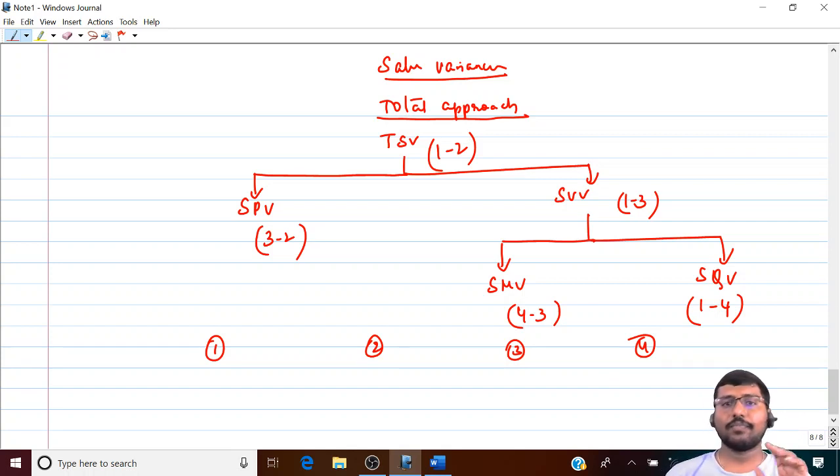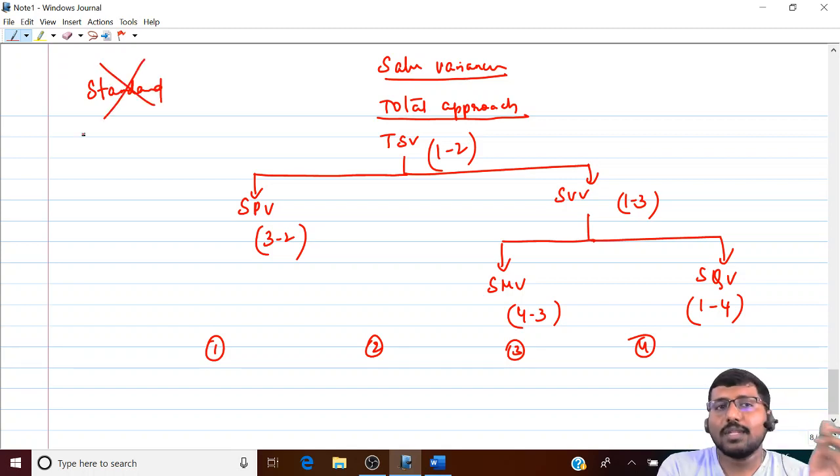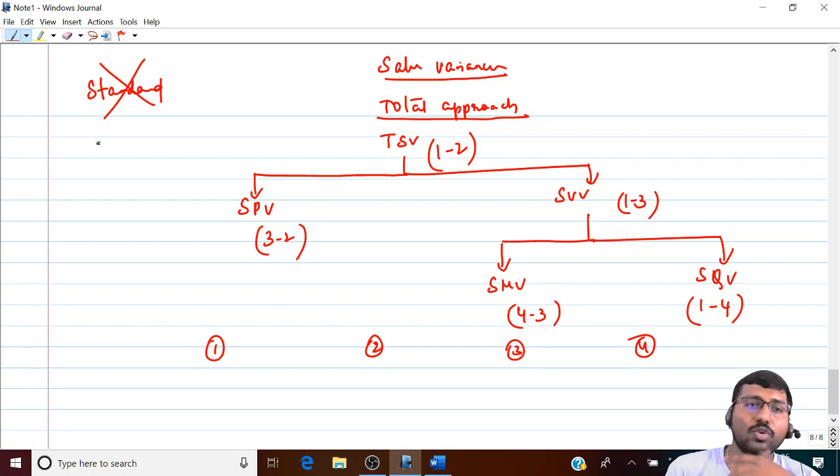Okay, now see, Anna. First thing that you have to understand when it comes to sales variance is there is no such thing called standard. In sales variances, there is no such thing called standard. Because standard is something that we have created with respect to input allowed for output. That is a concept, right? What is standard? Input allowed for output. When I talk about sales variances, I'm directly talking about output. So there is no concept of output again for output, and that is why there is no such thing called standard. So here you have only two concepts.